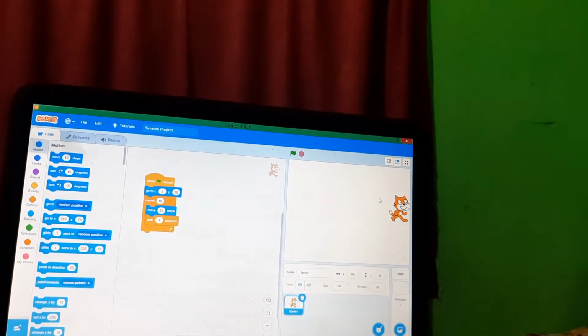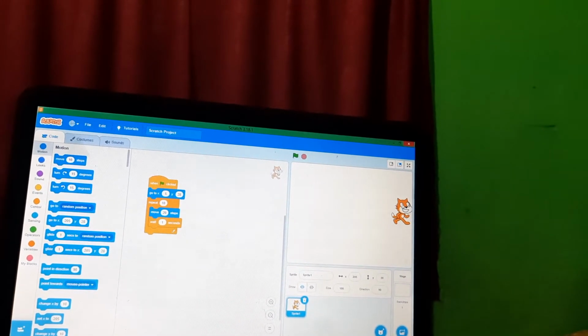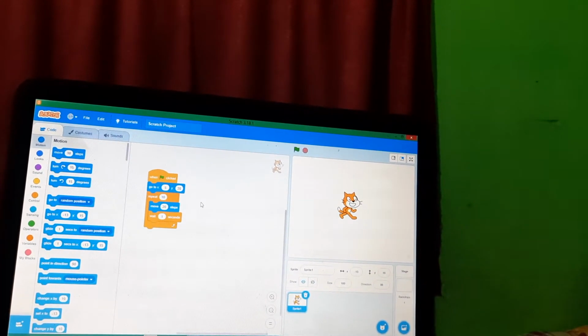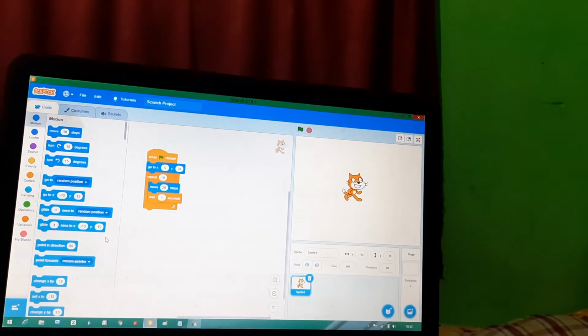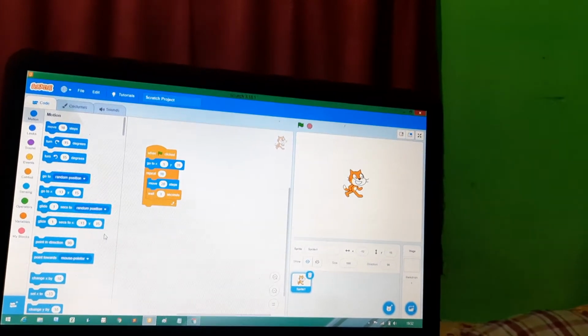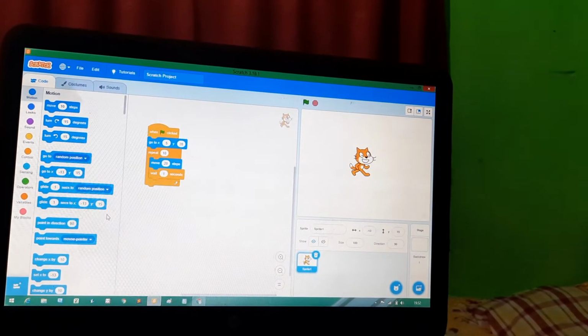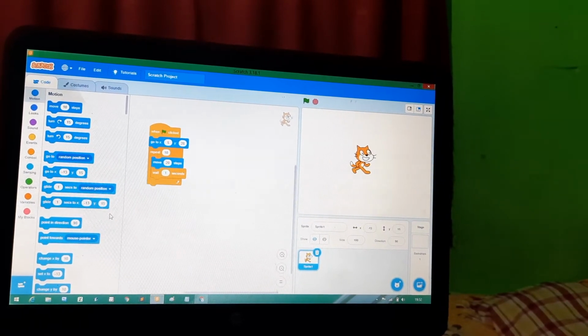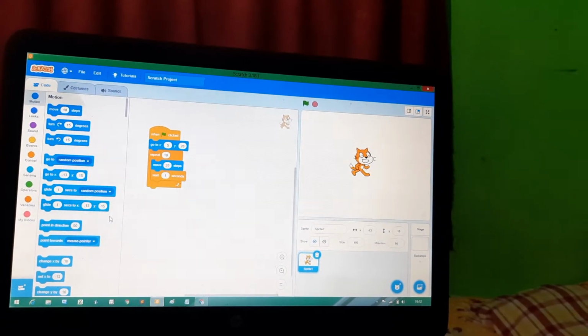Either you can drag your sprite by putting the mouse cursor over here. The forever block actually helps us make our sprite move in a way that will never end unless you click the stop button.